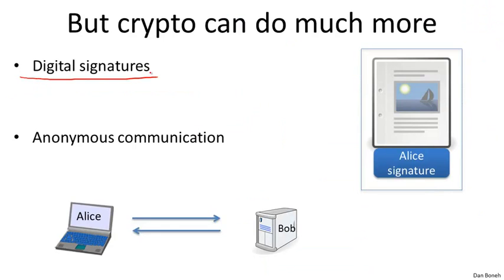So the first example I want to give you is what's called a digital signature. A digital signature basically is the analog of a signature in the physical world. In the physical world, remember, when you sign a document, essentially you write your signature on that document. And your signature is always the same. You always write the same signature on all documents that you want to sign. In the digital world, this can't possibly work, because if the attacker just obtained one signed document from me, he can cut and paste my signature onto some other document that I might not have wanted to sign.